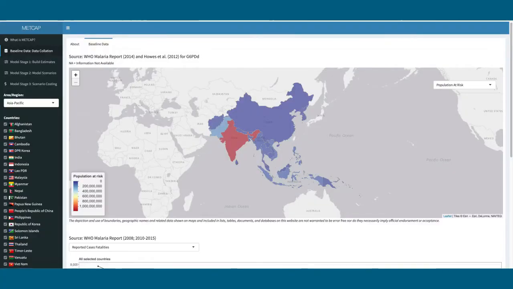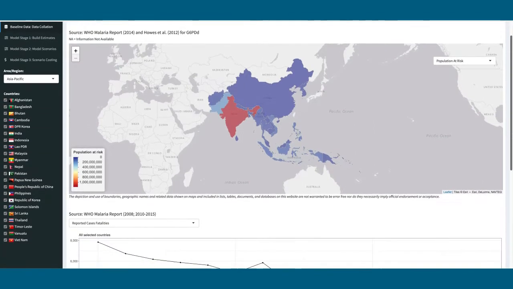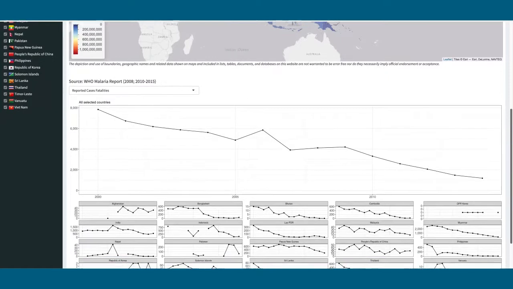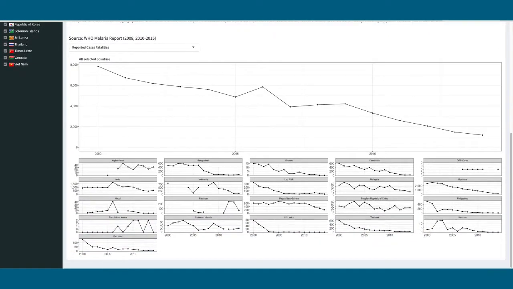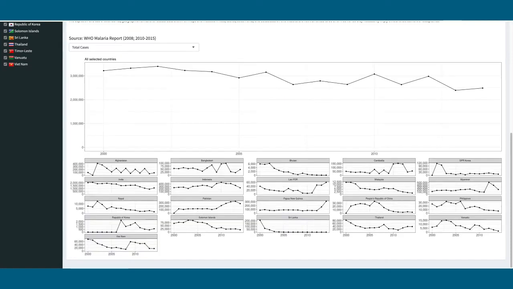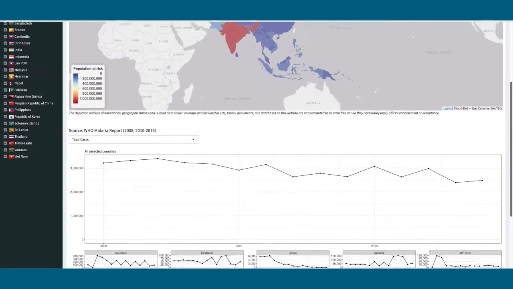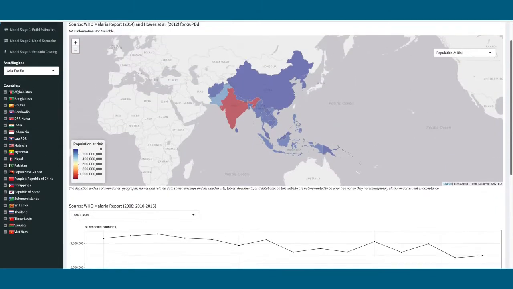So I was asked to build a model, not just for one country, but 22 countries in Asia to determine what are the possible ways in which malaria elimination can be reached and how much is it going to cost. And this work was then communicated to many governments within the Asia Pacific to help them plan their strategy to achieve malaria elimination. So that was one opportunity I had to work outside South Africa, and I've had very many similar opportunities